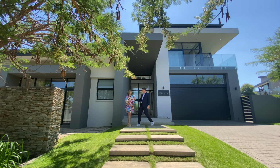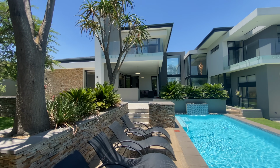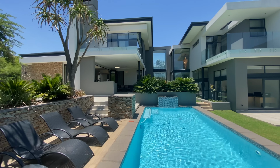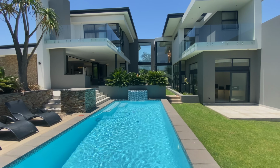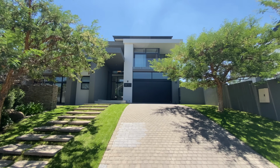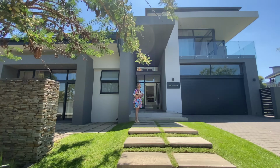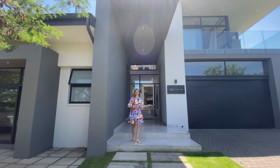Without further ado, Marussia. Absolutely beautiful house in Waterfall. In fact, probably one of the most beautiful houses. And no wonder it was even selected to feature on one of the channels in South Africa, The Estate. So if you guys are into soapies, look it up, The Estate. They were here for a year filming, and you will see all the beautiful features of the house if you